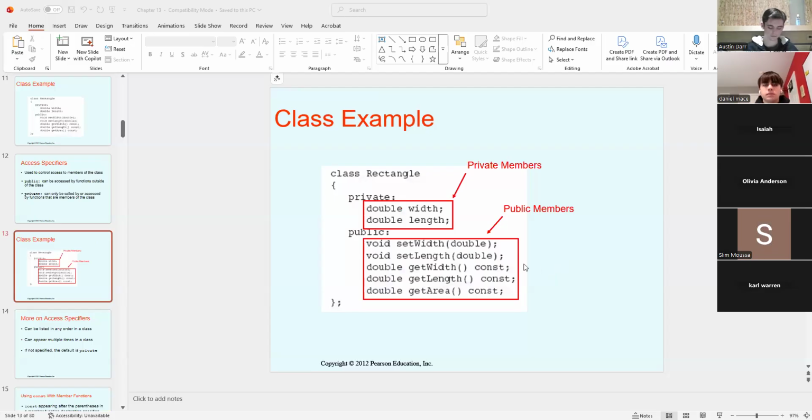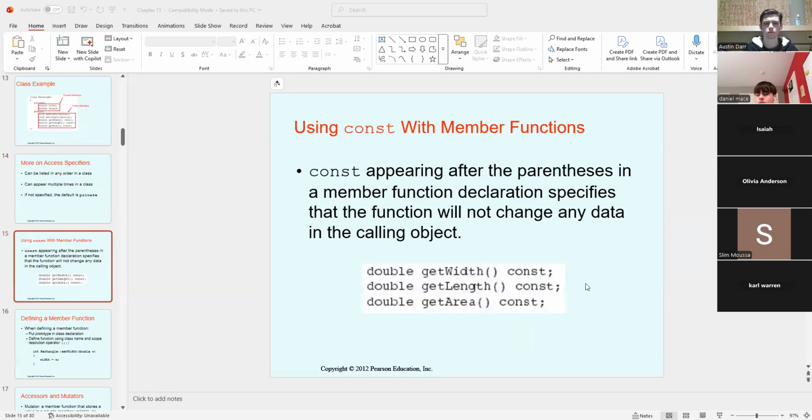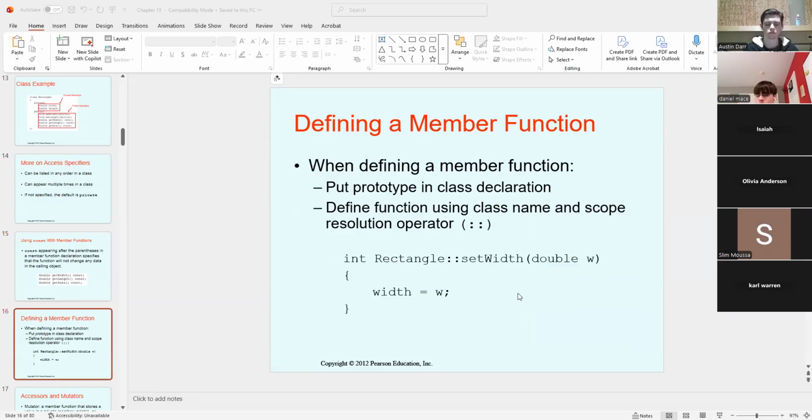We just did that. What does const do? So when I get width, I'm returning a value. I'm returning a double. Const is thrown in on there just to protect and say, don't mess anything up. No values are allowed to be changed. We have to keep them constant. Okay, just moving right along. Again, the functions, get width, get length, get area. I like calc area because we're doing some calculations.